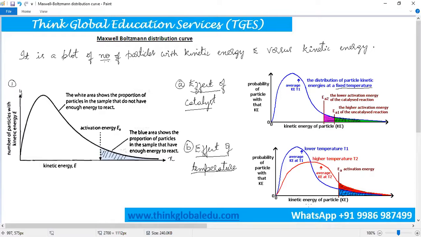Thus, by means of the Maxwell-Boltzmann distribution curve, one can easily understand the energy of the gaseous particles in a reaction chamber and how energy